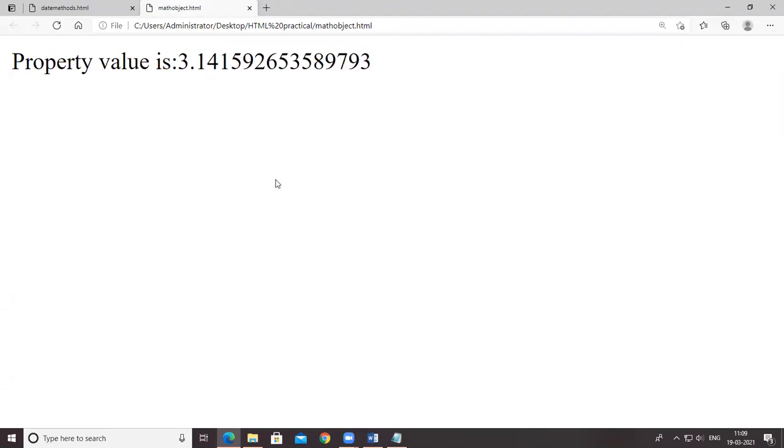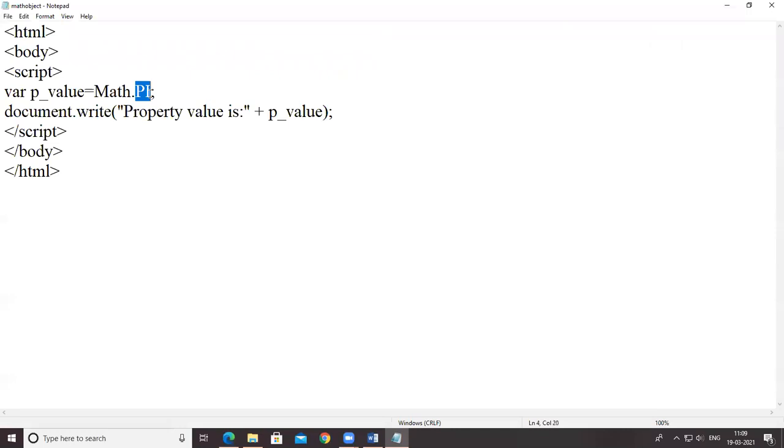So this returns the value of the particular property, pi. To use different mathematical calculations, these Math objects are used.